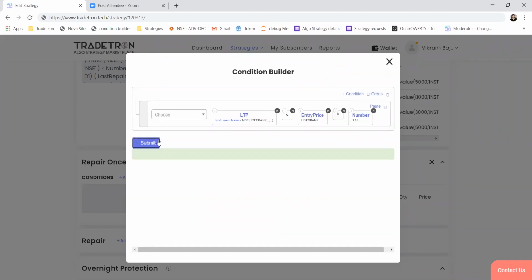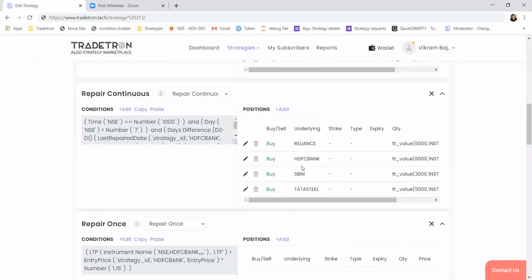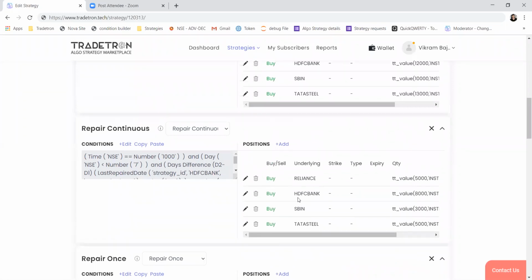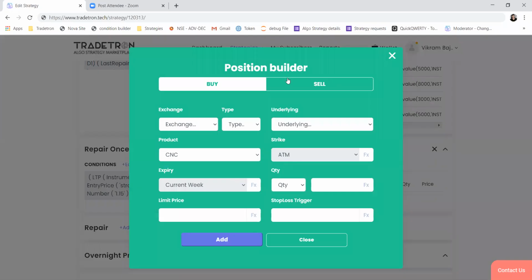So at this point, I want to exit the position. Now, we don't know by the time it increases 15% how many months it has traded or how many days it has accumulated more shares in HDFC Bank. So we need a total count of the shares which it has traded in HDFC Bank to sell it.